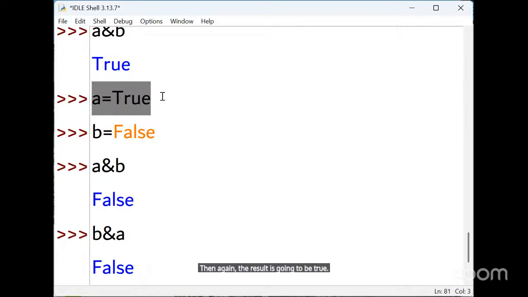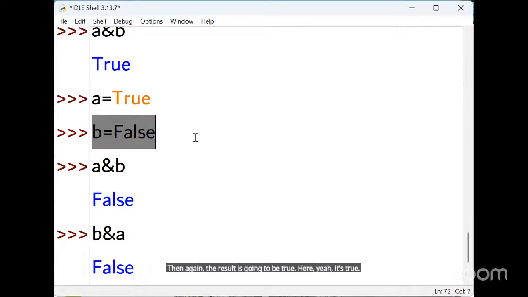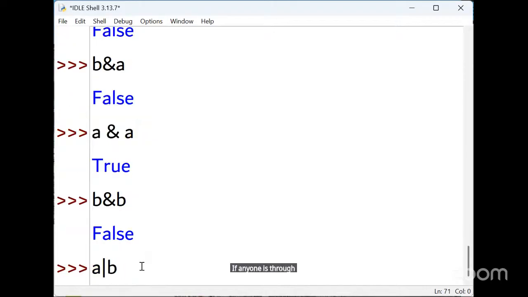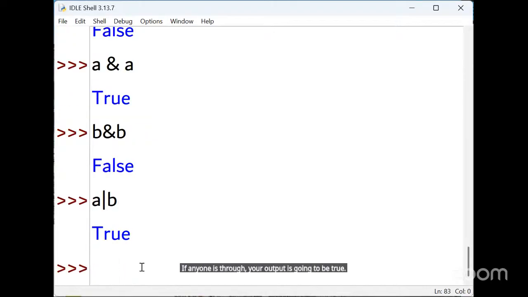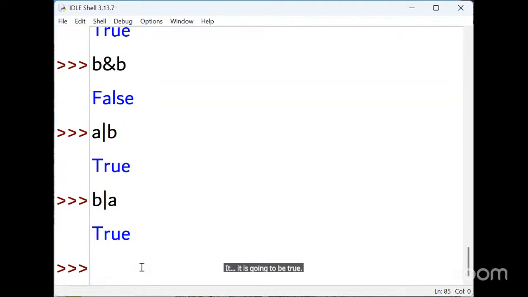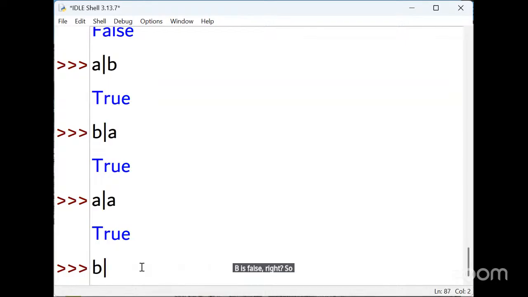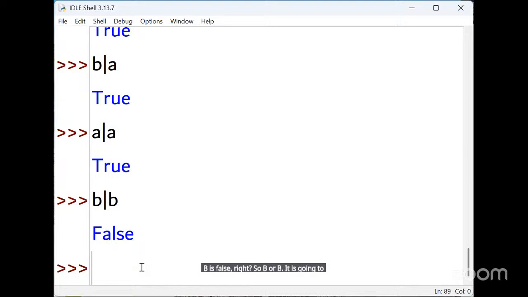Here A is true and B is false. So A or B, if any one is true, your output is going to be true. See here. And similarly, B or A, it is going to be true. If I put A or A, because A is true, definitely it is going to be true. B is false, right? So B or B, it is going to be false.